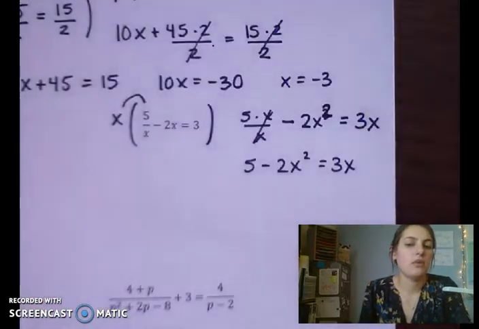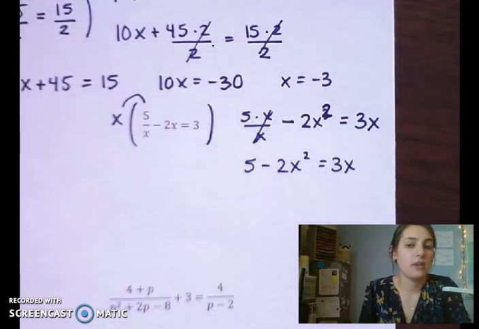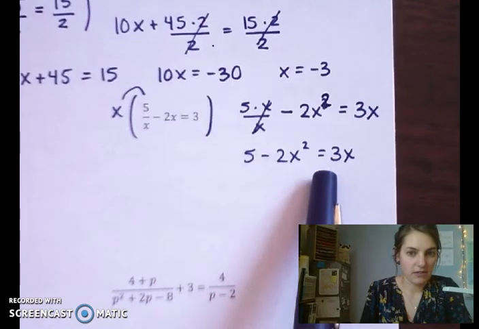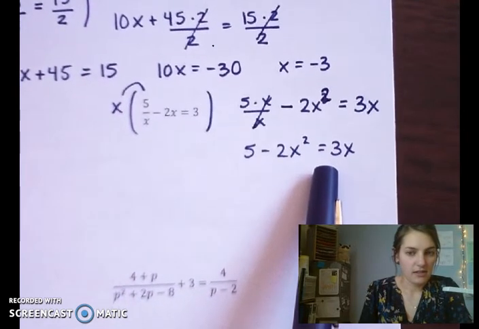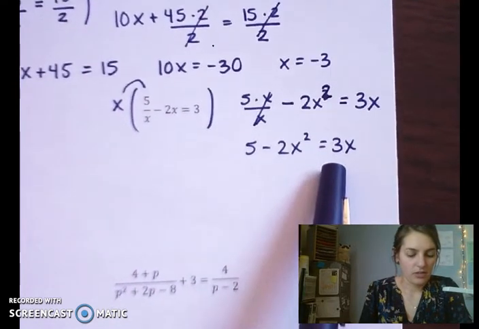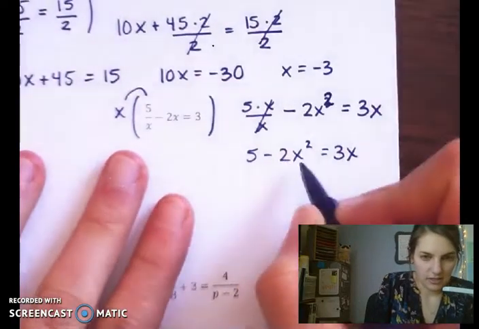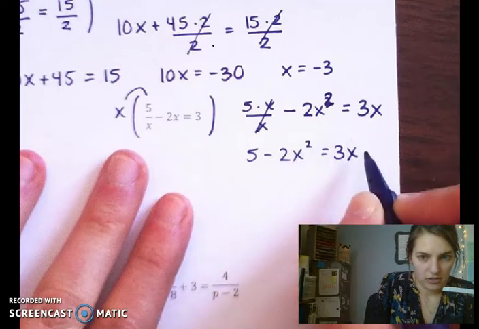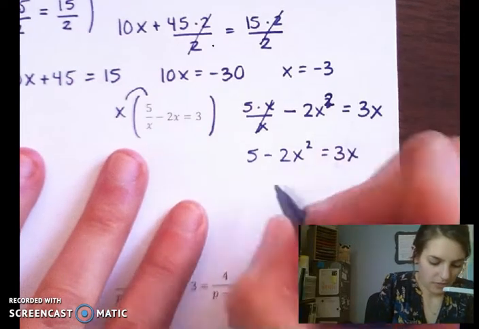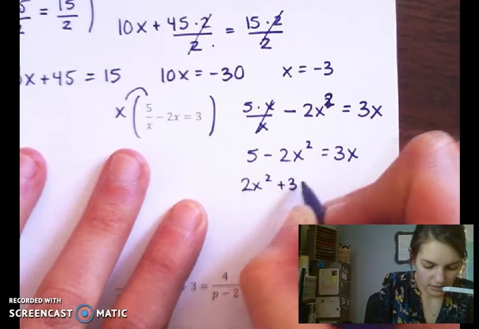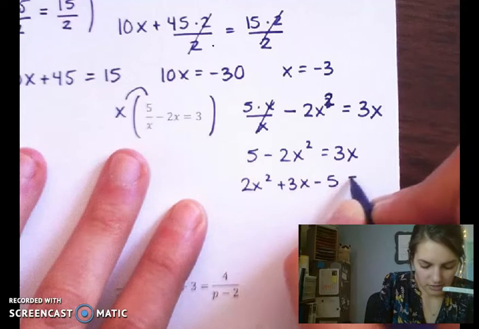which is a quadratic. So at this point, you should pause the video and solve this quadratic by yourself. And then unpause the video when you're done to see if you do the right steps. So I'm going to go fast. I'm going to flip this over so that I have a positive x squared term, and I'm going to flip the 5. So I'm going to have 2x squared plus 3x minus 5 equals 0,